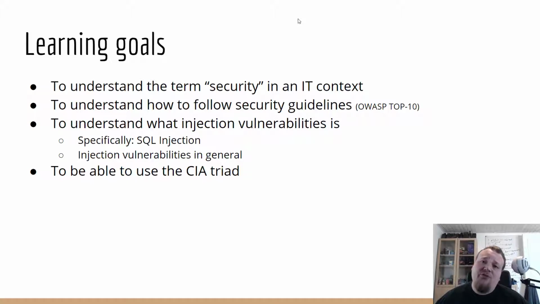Now, because this is the first video of the OWASP Top 10 series, I'm gonna introduce a bit more than just the A1. So this is why we also focus on understanding what is security in an IT context, and we're gonna use the CIA triad, a very popular way to identify, to communicate about security with the C, the I, and the A, which stands for confidentiality, integrity, and availability. So let's continue and get started with the slide for real.